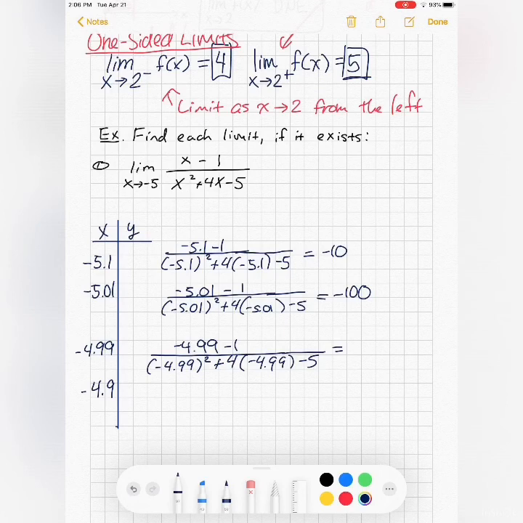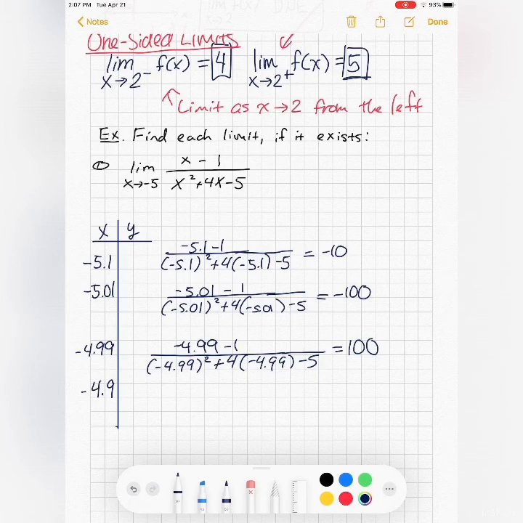Okay, so -5.99 divided by 4.99 squared minus 4 times 4.99 minus 5. Okay, I get 100. So if I'm not sure what's happening, I could pick a value like